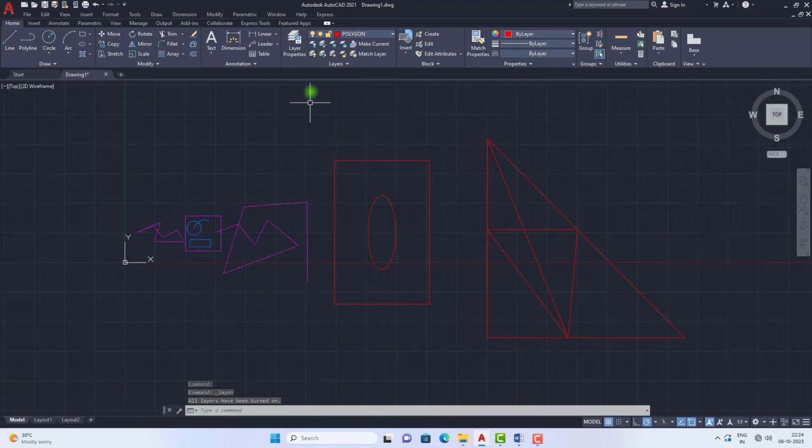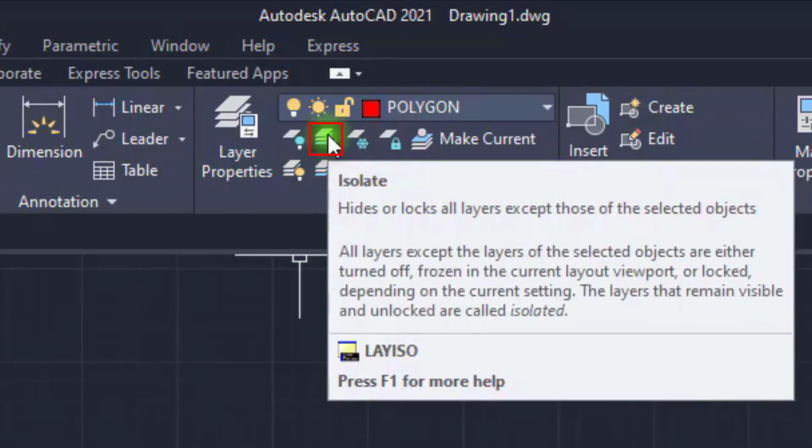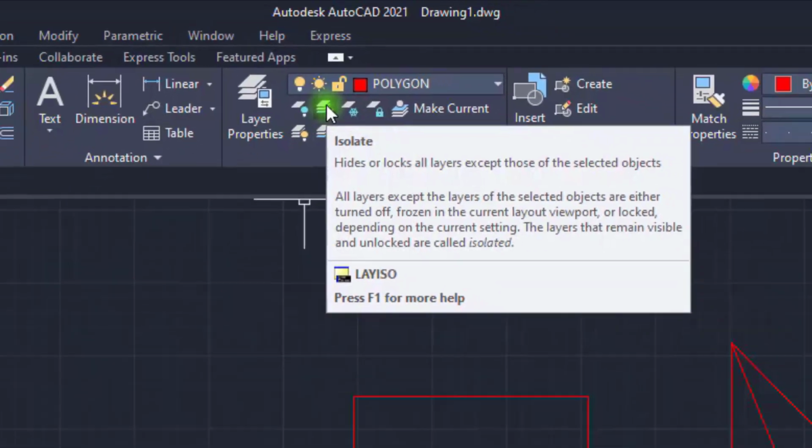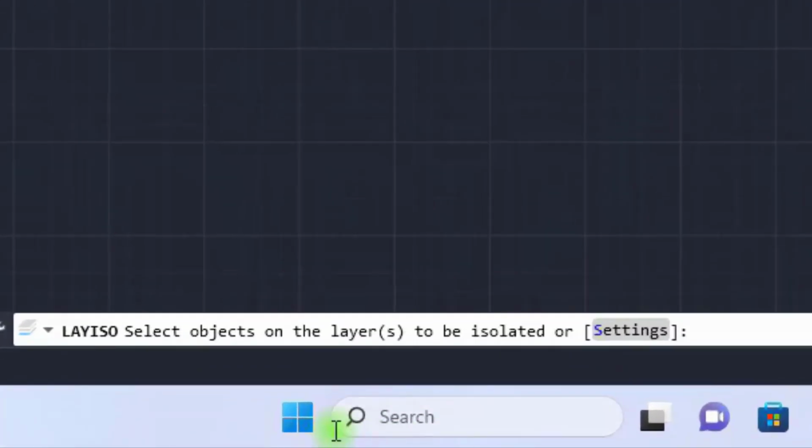Now the second option here is Isolate. Isolate means if you select any object, that particular layer will be isolated from the remaining layers. So see what happens. I am selecting this Isolate option and it asks you to select objects on the layer to be isolated.